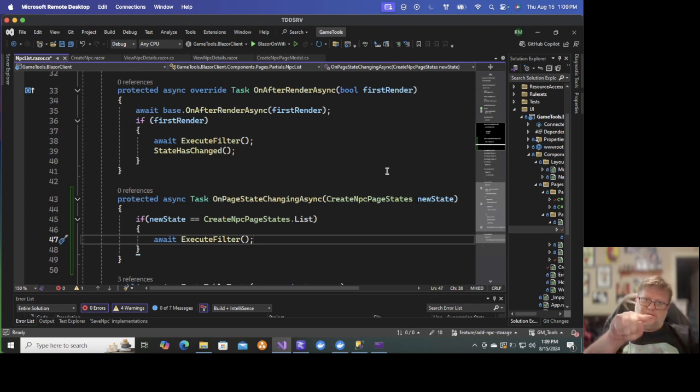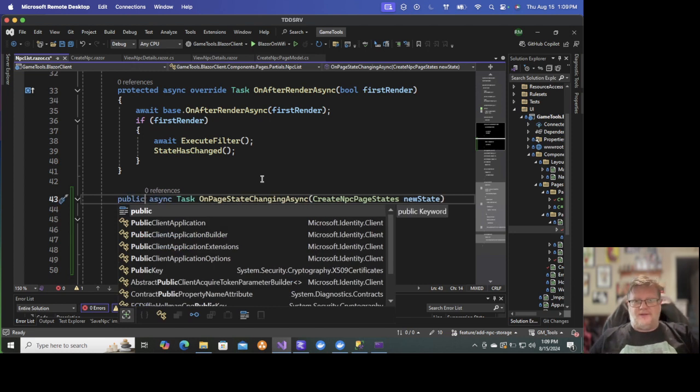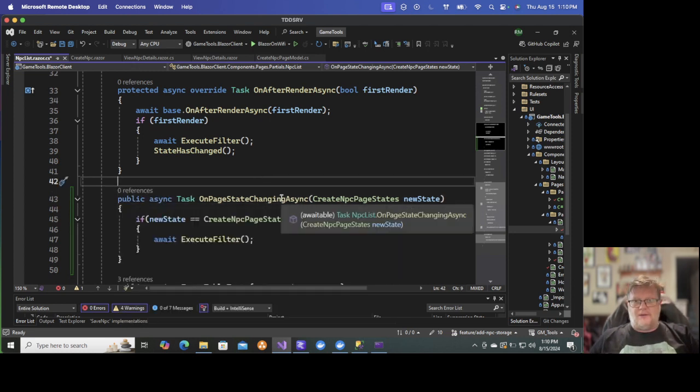And then return out. And this isn't a protected async task. This is going to be a public async task on page state changing async and